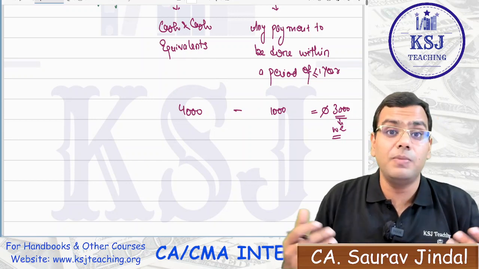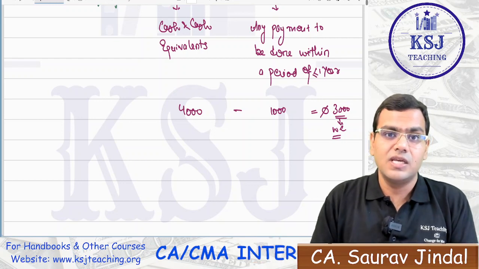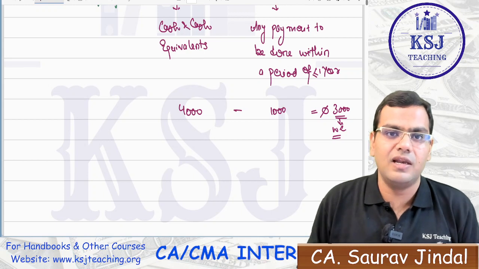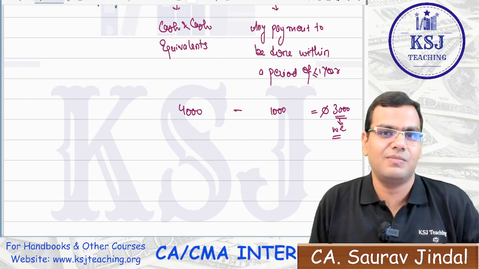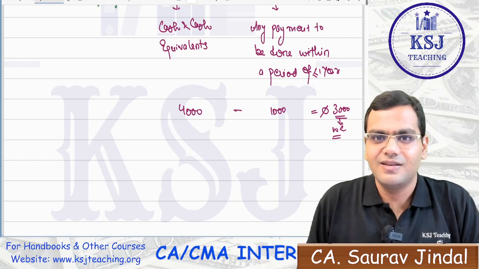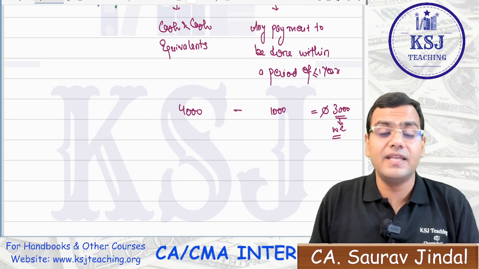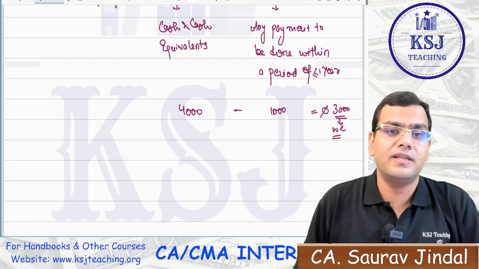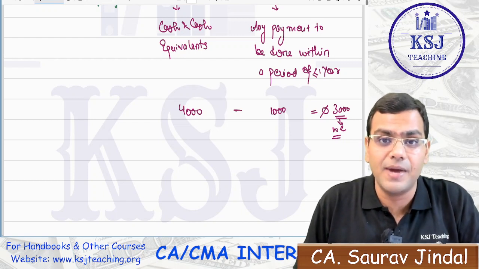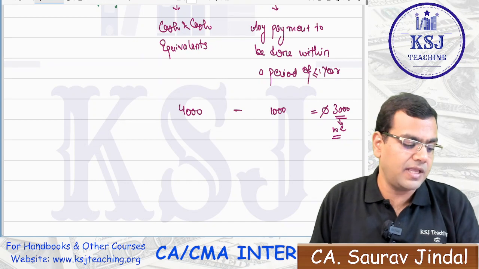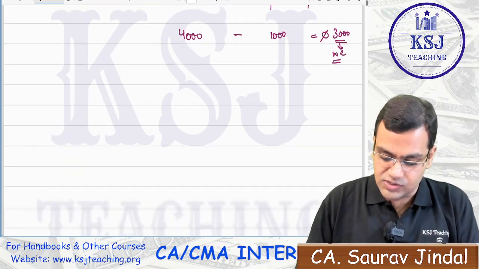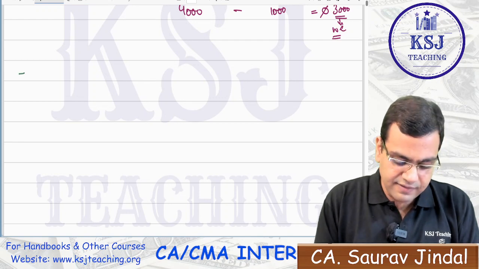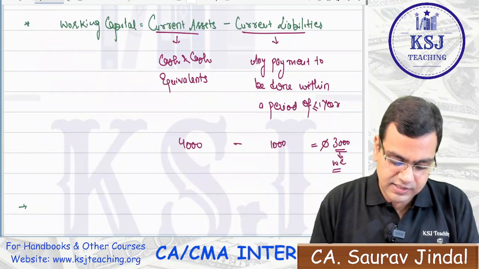Now, how will you be able to meet your day-to-day expenses? Sir, food is there, clothing is there. How will you eat the food now? You don't have money left in the bank. Sir, we have money in our pocket. That's a separate thing, right? But for meeting the day-to-day expenses, there can be some day-to-day emergencies also. For meeting the day-to-day expenses, there should be some money extra lying in your pocket after paying off the current liabilities.